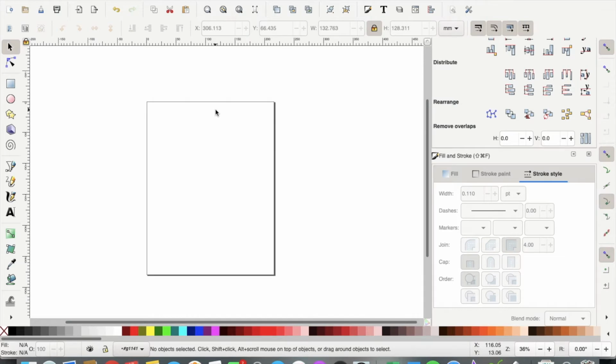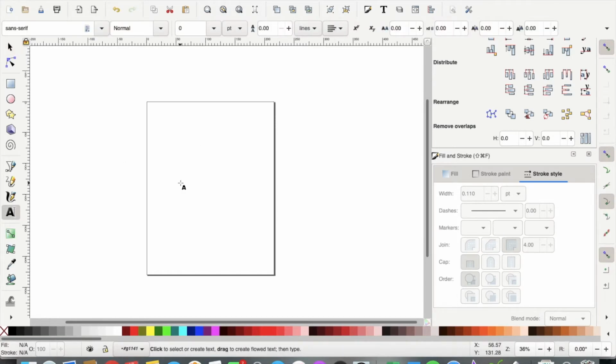Okay, so what we're going to do today is offsets in a couple of different ways for both a text and a PNG transparent image. So the first thing I'm going to do is go ahead and get my text. I'm just going to type out my name